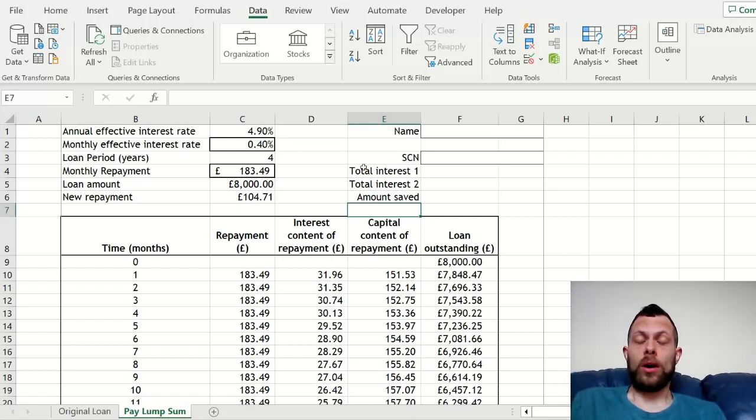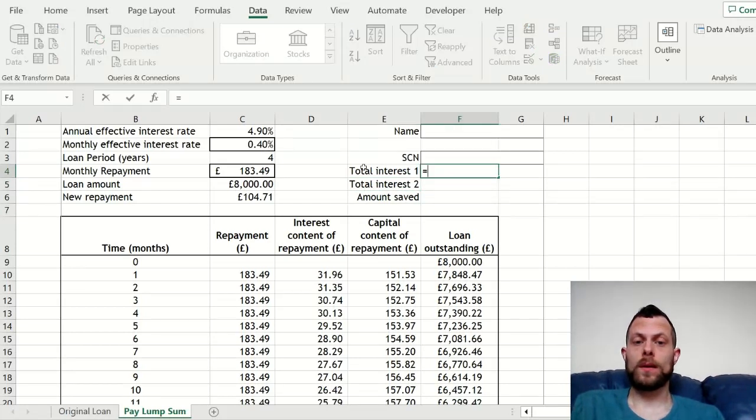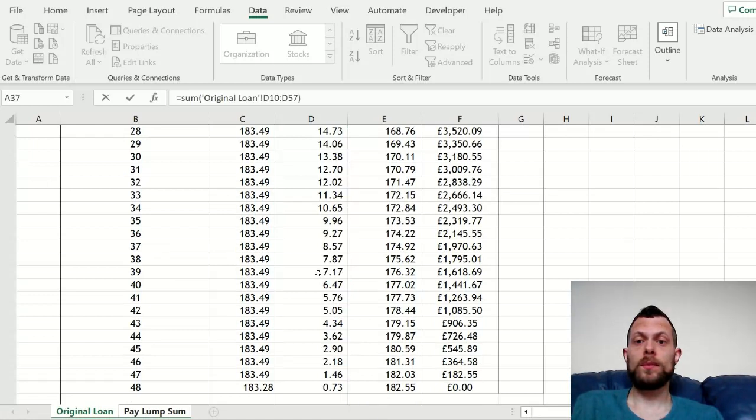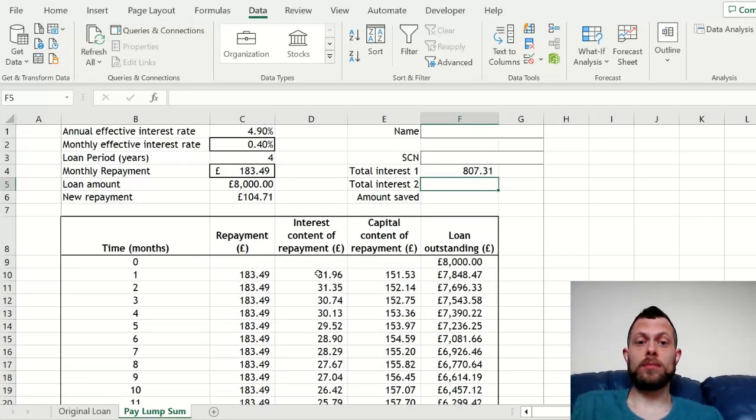So the total interest 1, really the only way you can do this is with the sum function. So equals sum, and now we need to reference the cells on the first worksheet. So the way to do this is you click on the original tab, then highlight all of the cells you want to add up. So we want to highlight all of these interest contents, and then type in a close bracket and press return. So the first way she was doing it, it was a total interest of